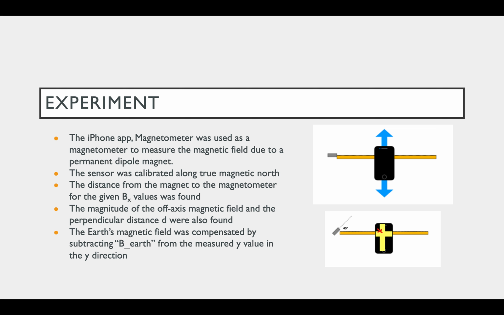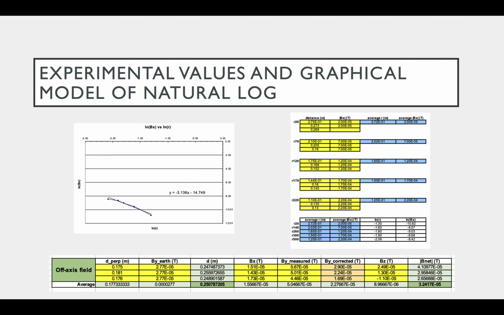This is a photo to demonstrate the use of the app, and in the next slide, these values that were found were used in the provided Excel file. The results in the top right show the magnetic field measured on the axis, and the table at the bottom shows the magnetic field measured at a perpendicular distance, and this data was combined to find the net magnetic field. This graph shows the relationship between the distance and the magnetic field and was transformed into a linear line. Then the equation in the Excel calculated the results on the next slide,